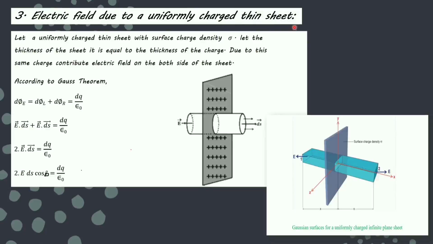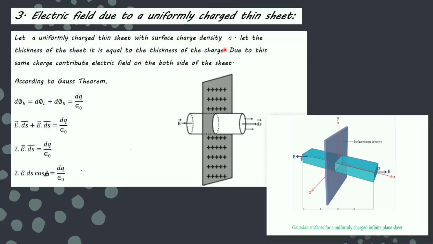Next, we want to find the electric field due to a uniformly charged thin sheet. So thickness is very small, it's a very thin sheet, and my aim is to find the electric field due to the uniformly charged sheet. It means charge is uniformly distributed over the sheet. Positive charge again we have taken. We are assuming that sigma is the surface charge density. It means if charge is q and the area of the sheet is S, then sigma will be equal to q upon S, charge per unit area.